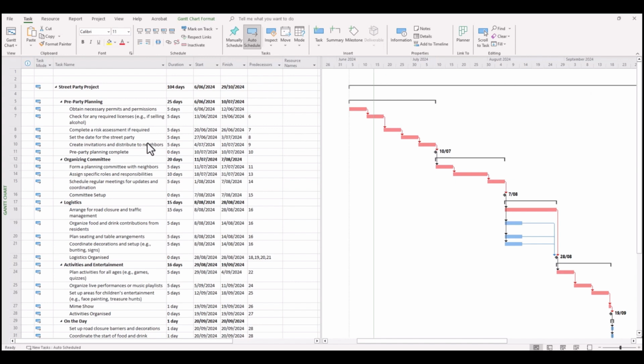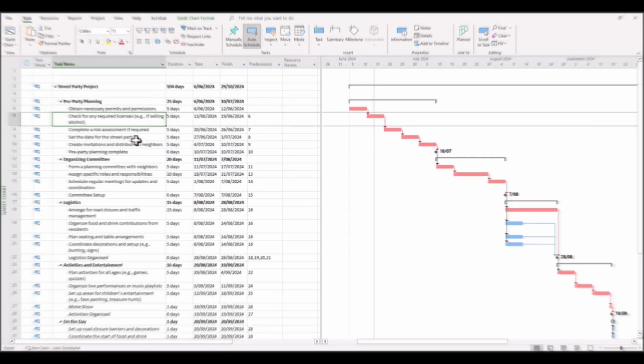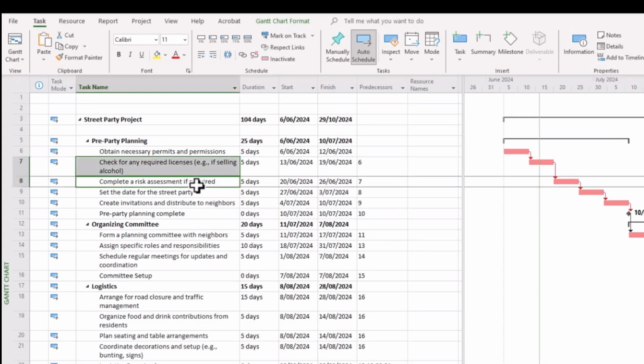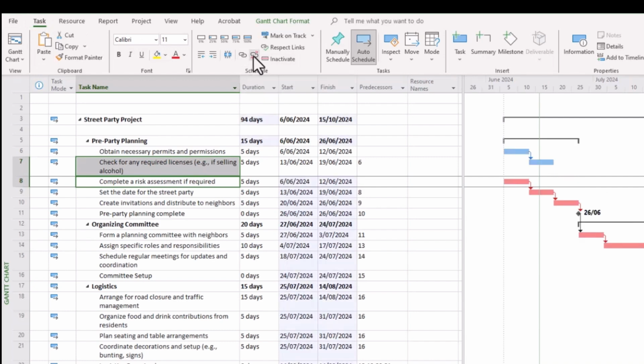And first of all, the easy way to perhaps look at changing linkages within our project is by selecting the task that we want to, perhaps in this case, unlink. You can click, hold the control button down for the second task there, and then go up to the task ribbon and click unlink those tasks, and it will do that for you.